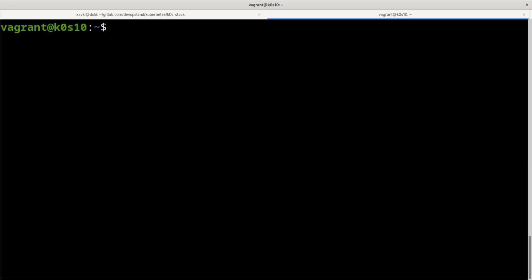Okay, so we have a problem, because if I have another application and I want to link this application to our nginx, how can I do it, because the IP can change and a pod can't have a specific DNS or load balancer.